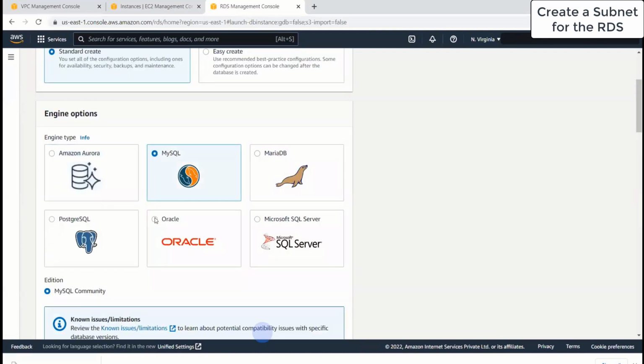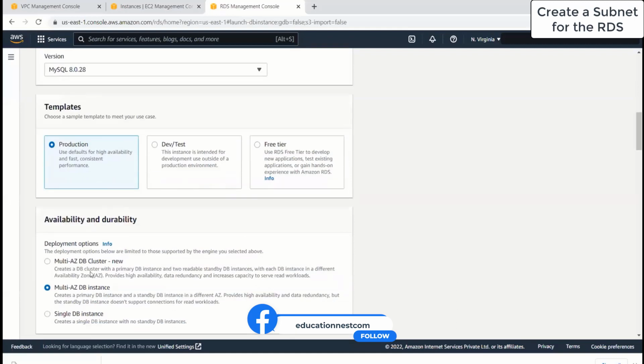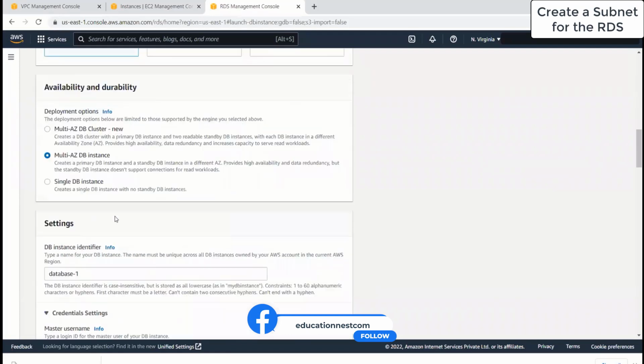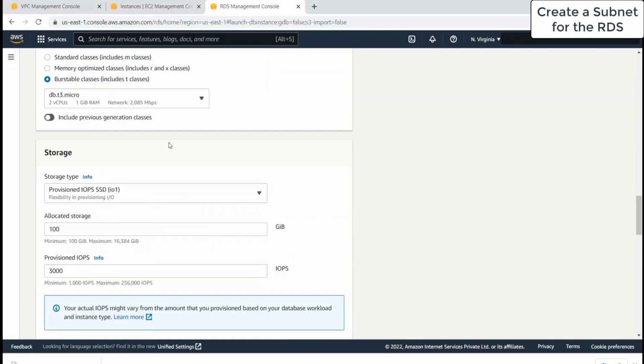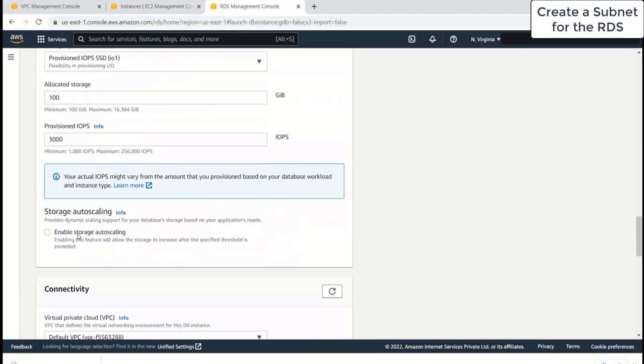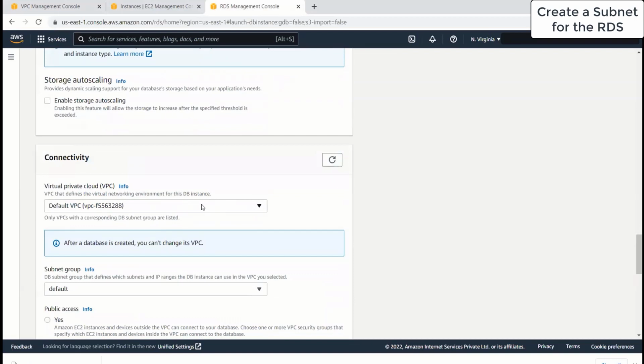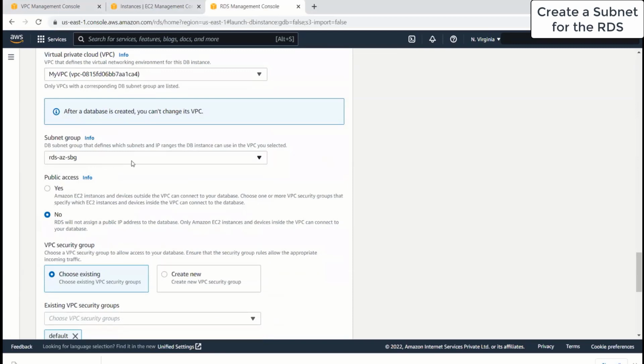So we'll create a MySQL multi availability zone database instance, with database 1 and the database password, using burstable classes. I'll not enable auto scaling. I'll keep the remaining values as they are. For VPC, we'll select the VPC that we have created, and for the subnet group, the subnet group we created. Okay, now once this is done,